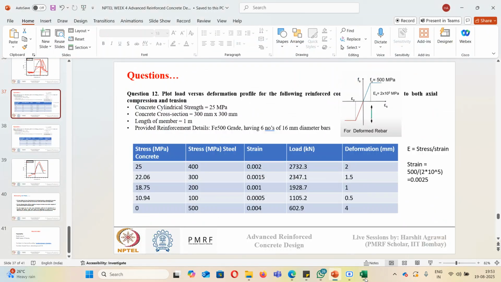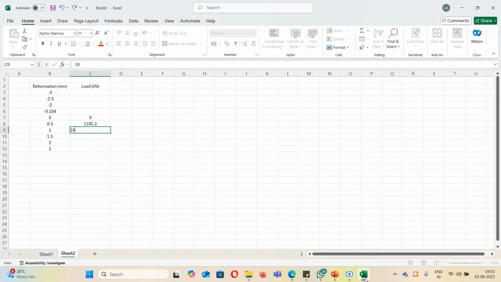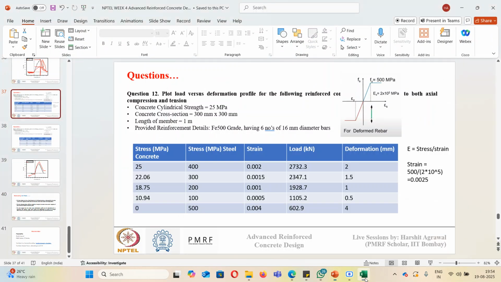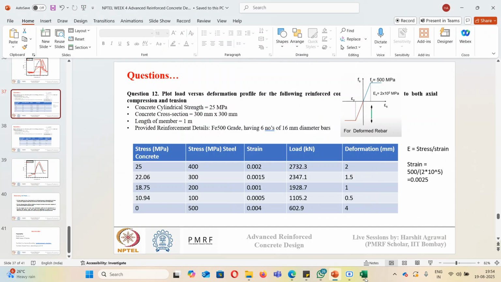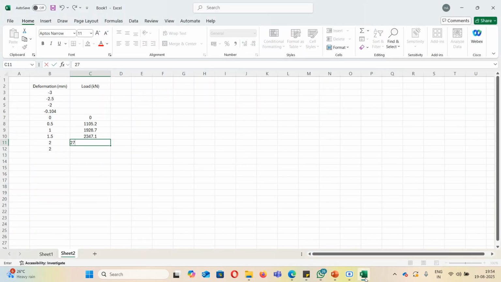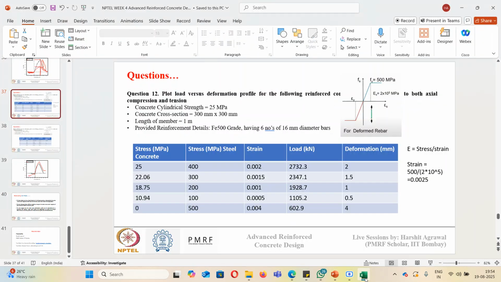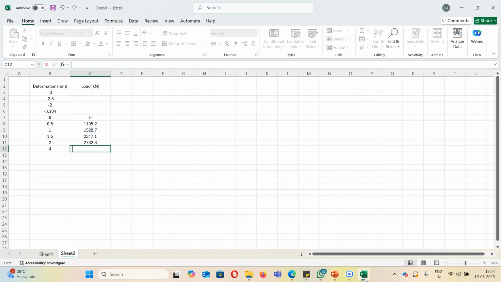At 1 it is 1928.7. At 1.5 it is 2347.1. At 2 it is 2732.3, and above 2 at 4 it is 602.9. Okay, we can add one more point here, at 2.5 it is 602.9, and at 4 it is 602.9, because at